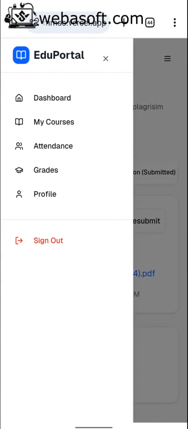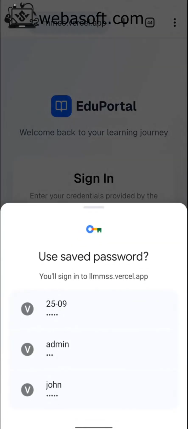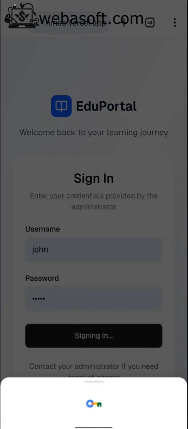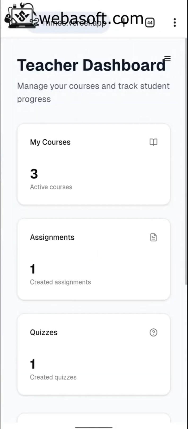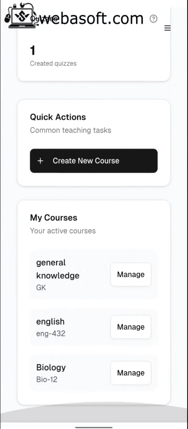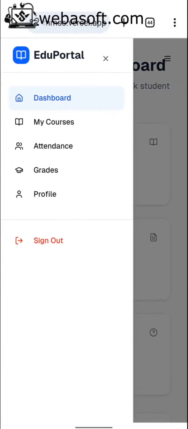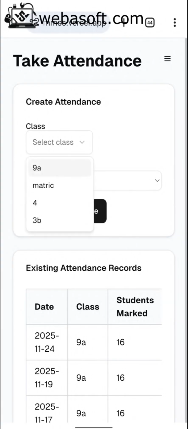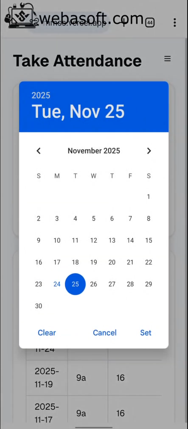Now let's see the teacher portal. This is the teacher portal. This is the dashboard. The teacher can see their courses, number of courses, assignments, and quizzes. The teacher can create a course or access a course from here, and also from here. The teacher can also take attendance from here. The teacher selects the class and the date